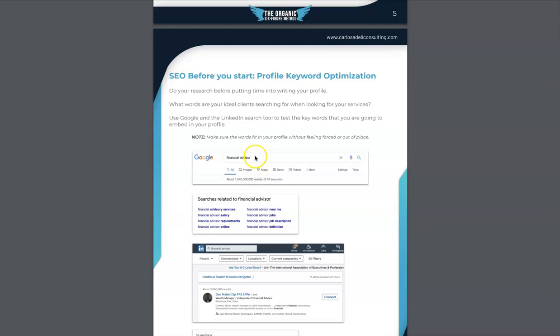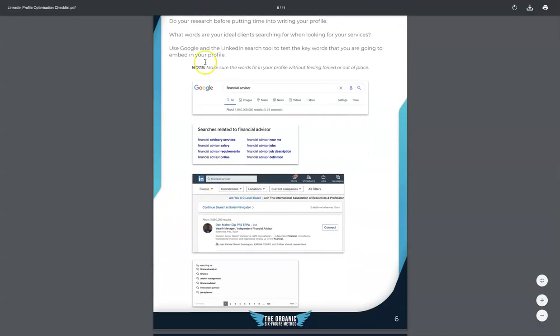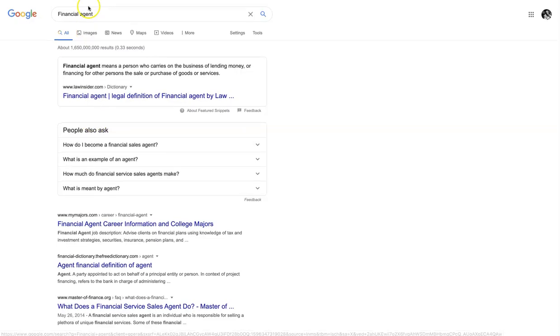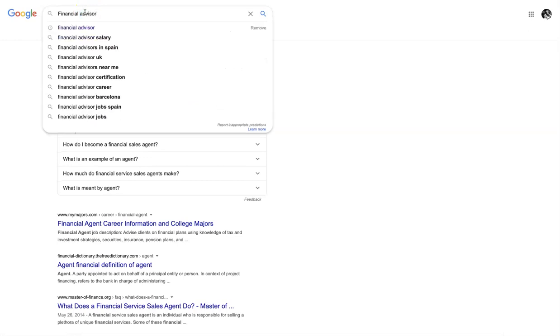Now, for the sake of this example, we're going to use a financial advisor. We're going to look at Google and how to find related words, keywords that we can use in our profile, and then we're going to do the same using LinkedIn. So let's go to Google. We're going to look for financial advisor,